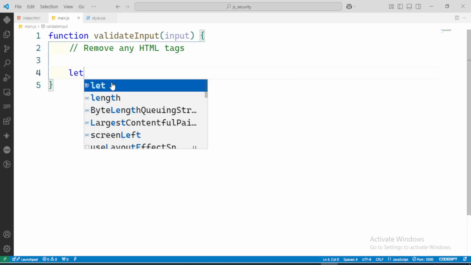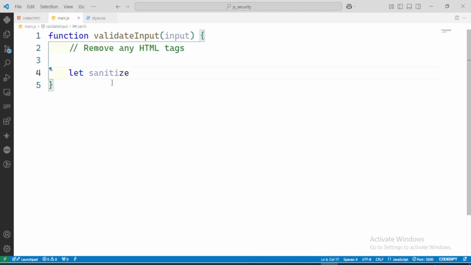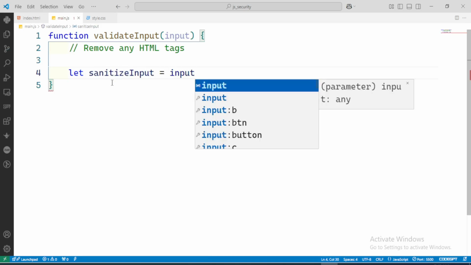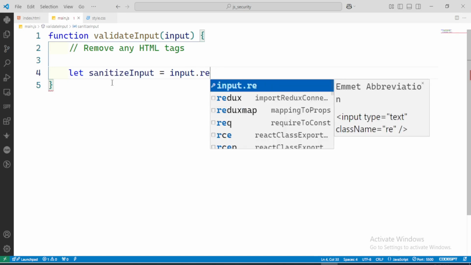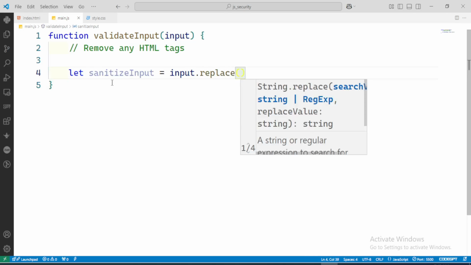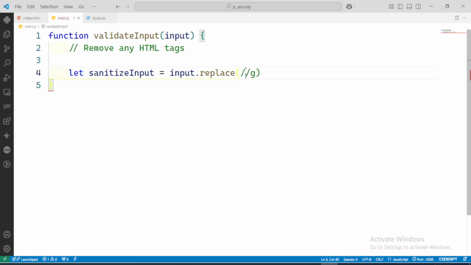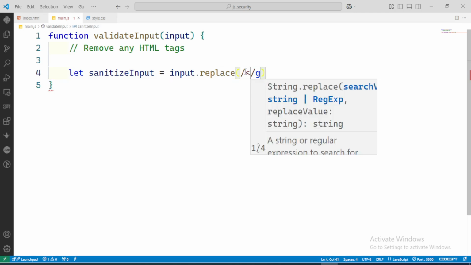So let's create a container called sanitizeInput. It's going to take in this input parameter, and we are going to put a replace method on it. The replace method is going to take in two parameters. The first one is the regex, and the second is anything you want it to be replaced with. In this case, we're having the g flag, and then anything that has to do with